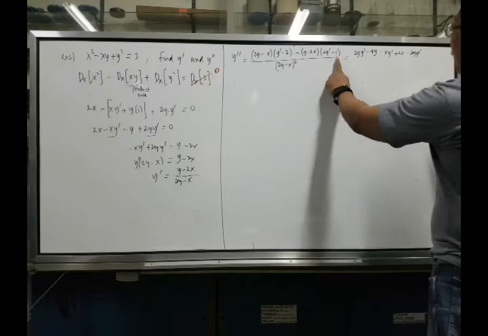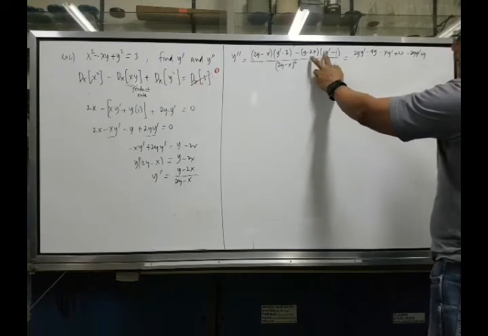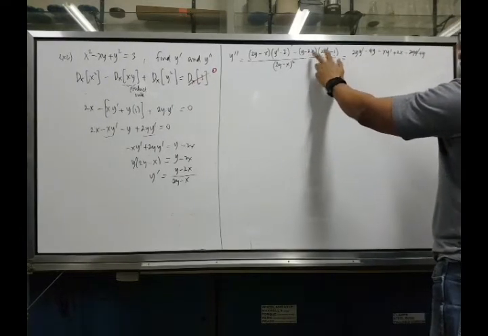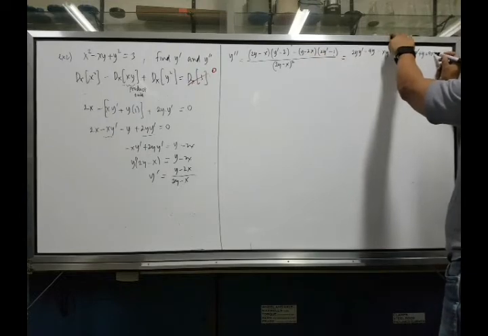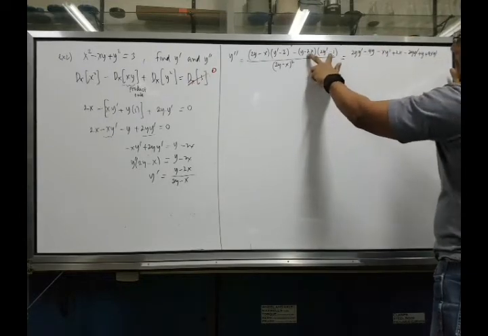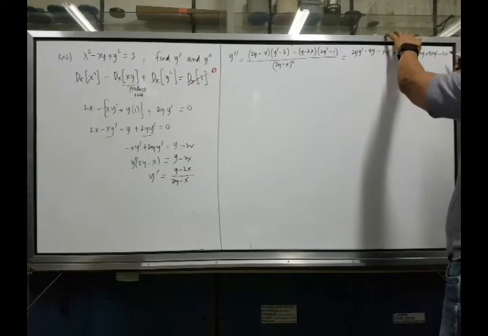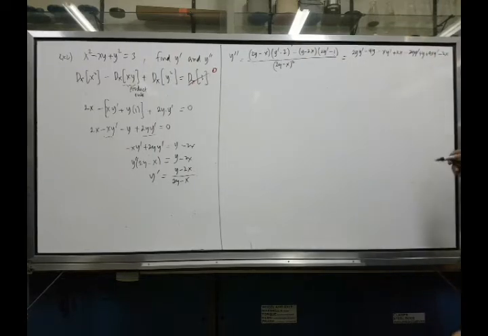And then y times 1 is negative y, so this becomes positive y, negative 4xy' plus 4xy', plus 2x, you have minus 2x. And then we divide by